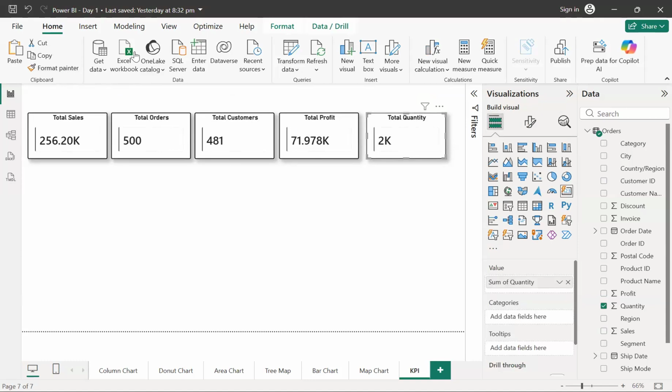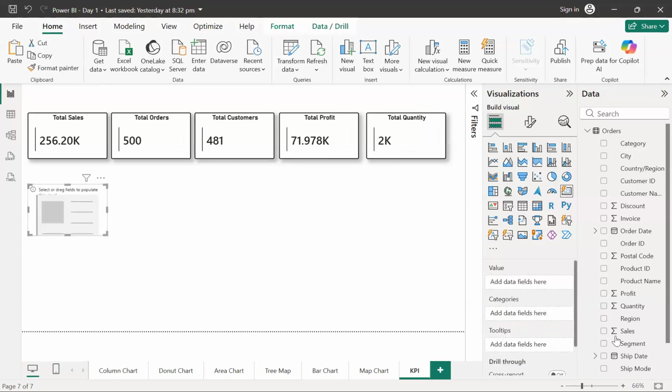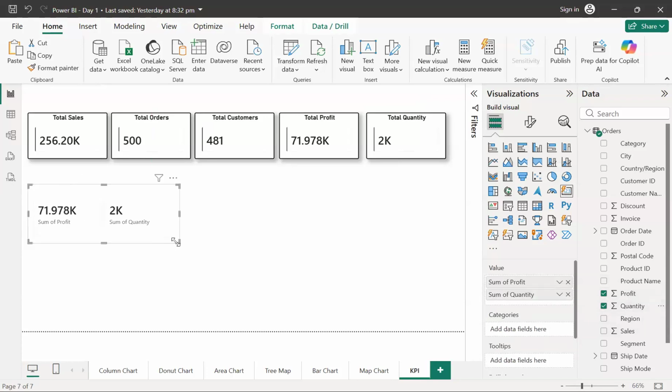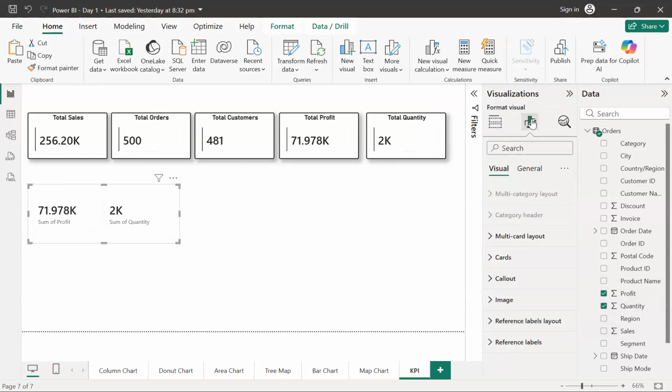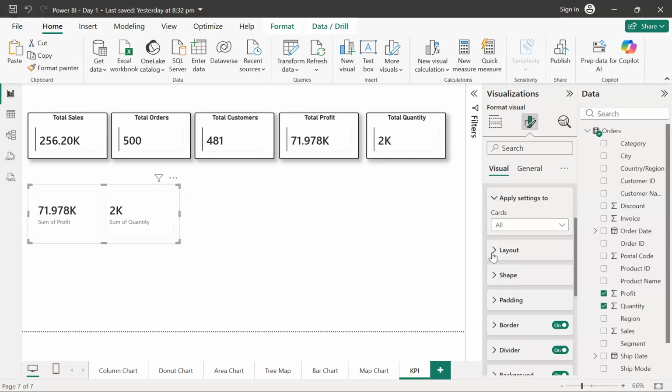Okay, yeah. I think you are saying something. Sorry. So is it possible for me to add any extra text over each box over here? Or do I just have to pick it up in the visualization section? No, I think maybe you are talking about, let's say, okay, I need to create it once. Okay, so let's say you create it like this. Yes. So in that way you are actually creating a single card only. So maybe if there's any option, that option is probably available inside the cards.